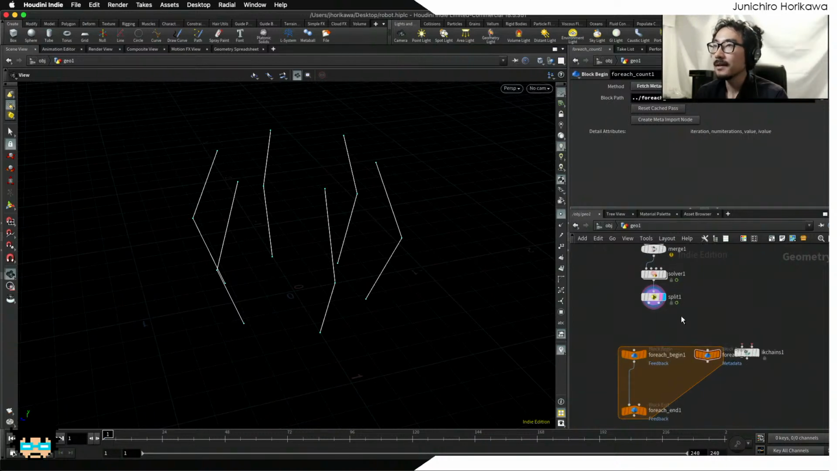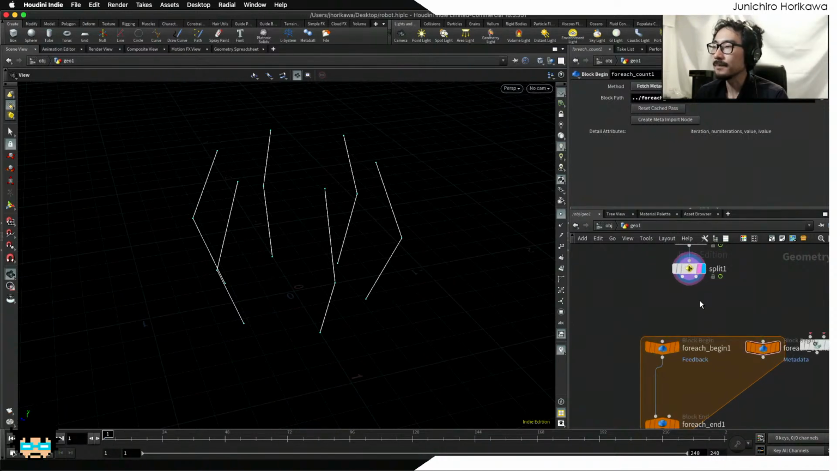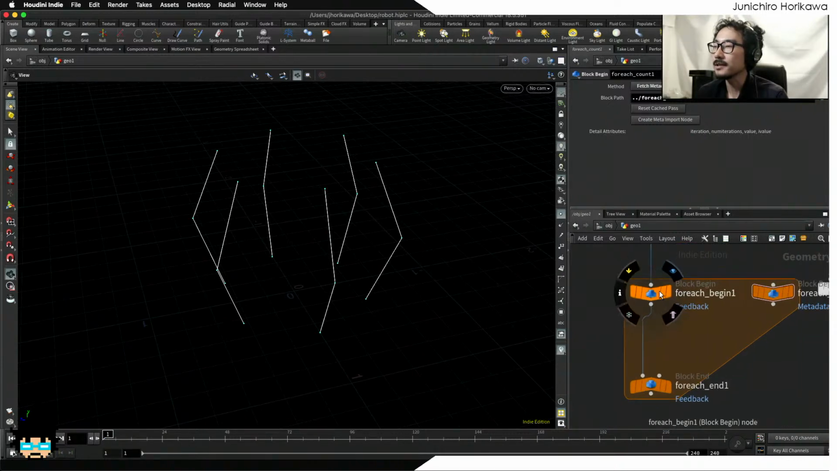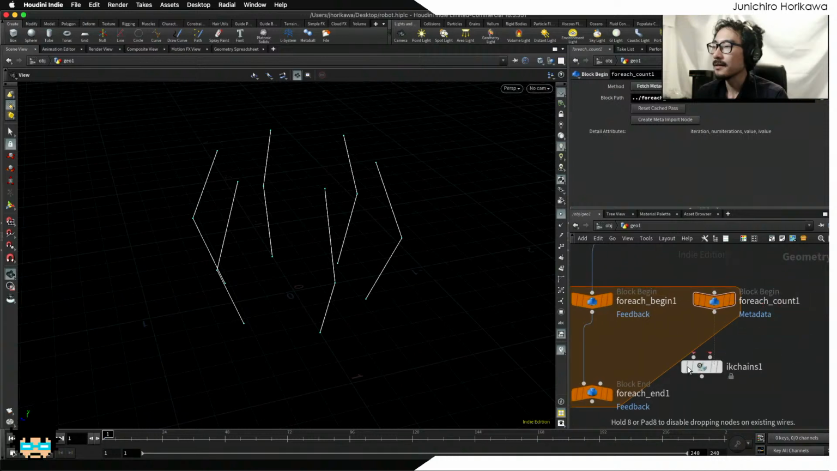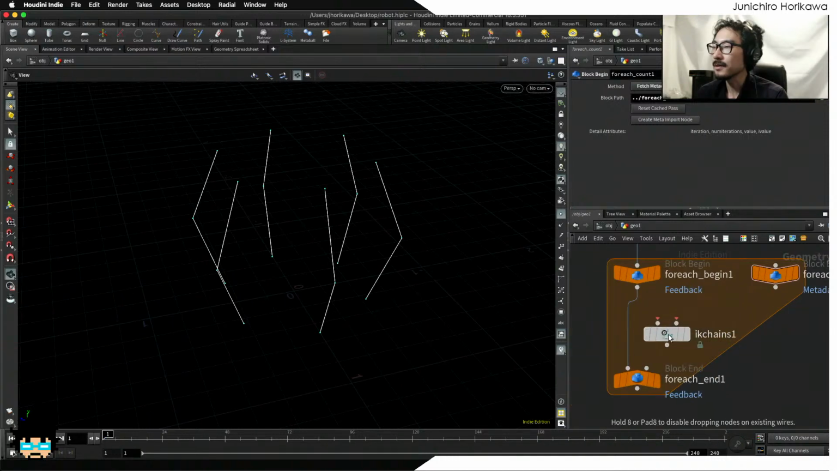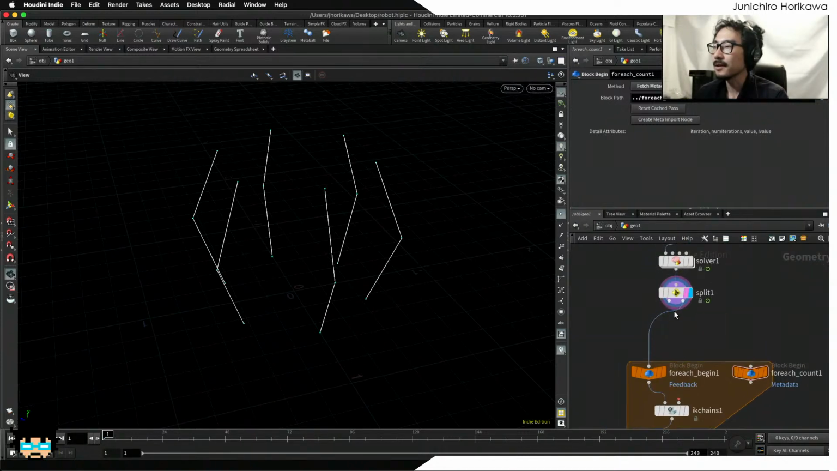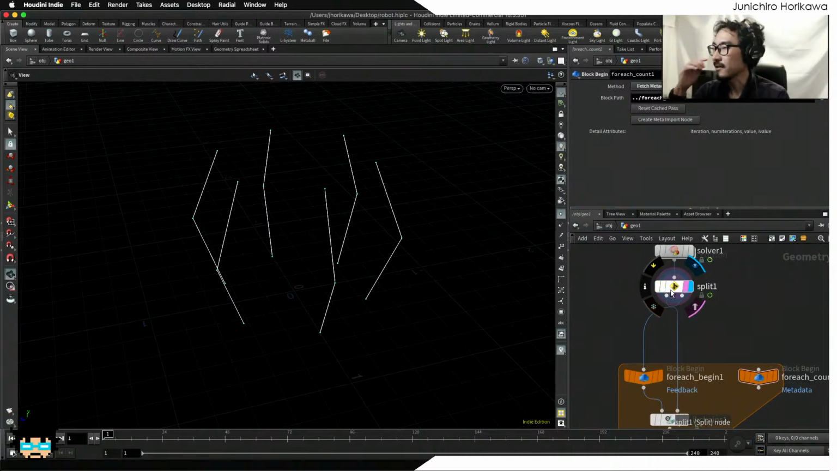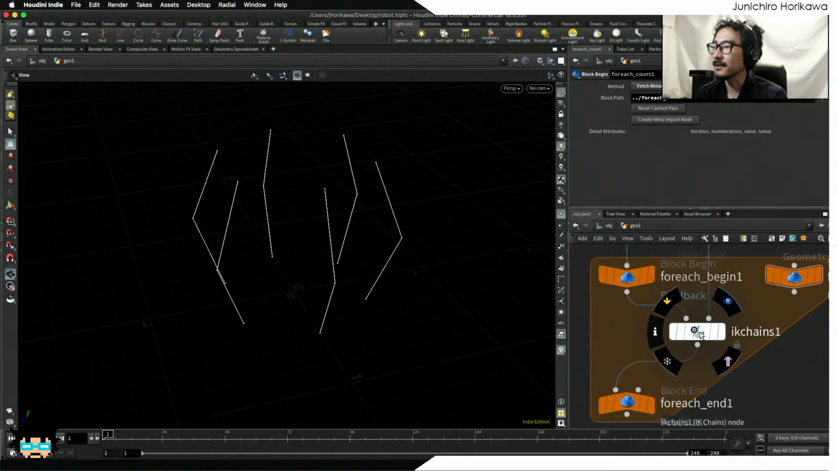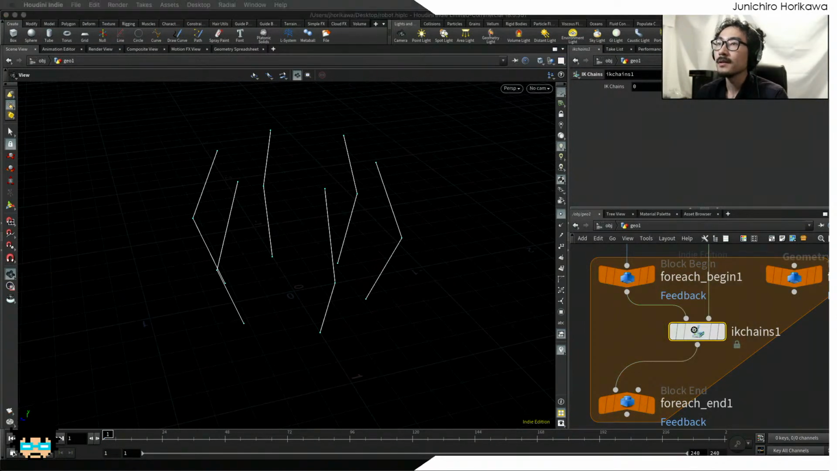Okay, and what I'm going to do is update the base skeleton with this for each loop, and inside the for each loop, I'm going to apply this IK chain right here. And for the second input, I'm going to connect this IK target as an inverse kinematic drive parameter. Now, okay, now next,